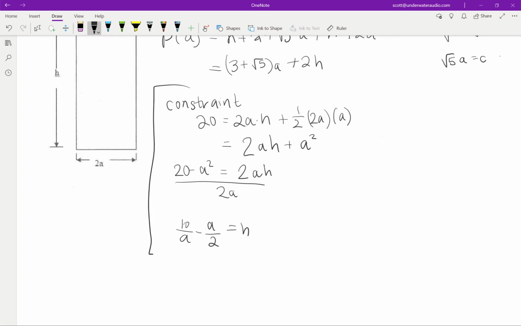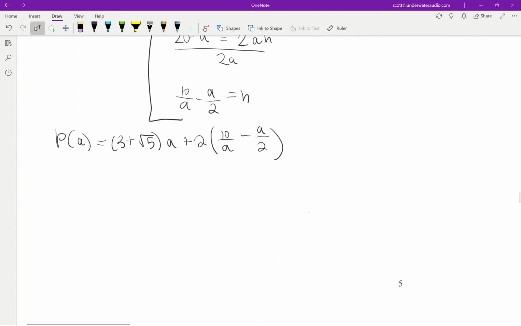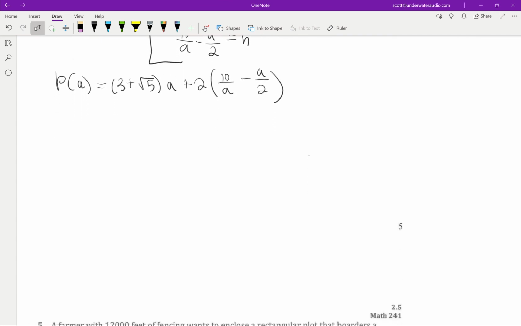So this was a pause so that I could rewrite my equation with one variable. So my equation with one variable would be P of a equals 3a plus square root 5 times a, plus 2 times h, which is 10 over a minus a over 2, which is a little bit nasty. I'll try to clean that up a bit. 3a plus the square root of 5 times a plus 20 over a, and then the 2 and the 2 cancel. I just get minus a. Oh, and that can simplify. So I have 3a plus the square root of 5 times a minus an a. So that's just 2 plus the square root of 5, times a,